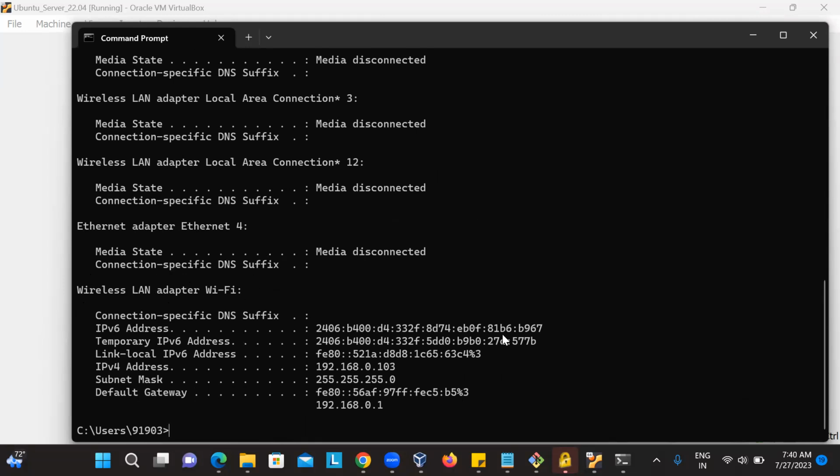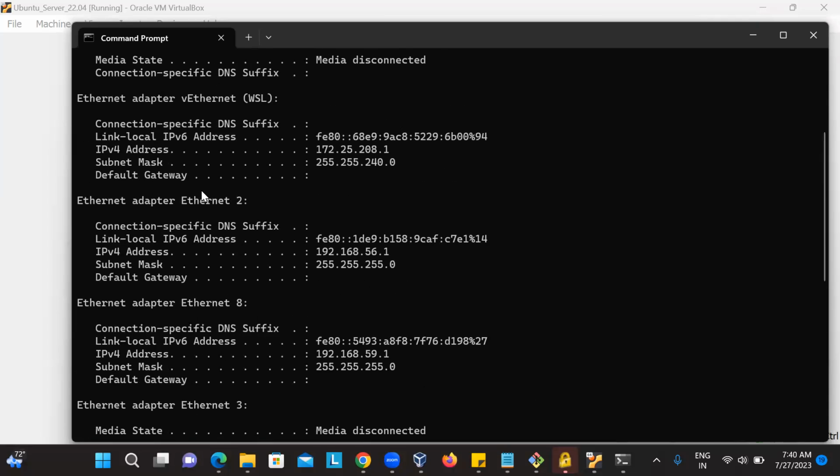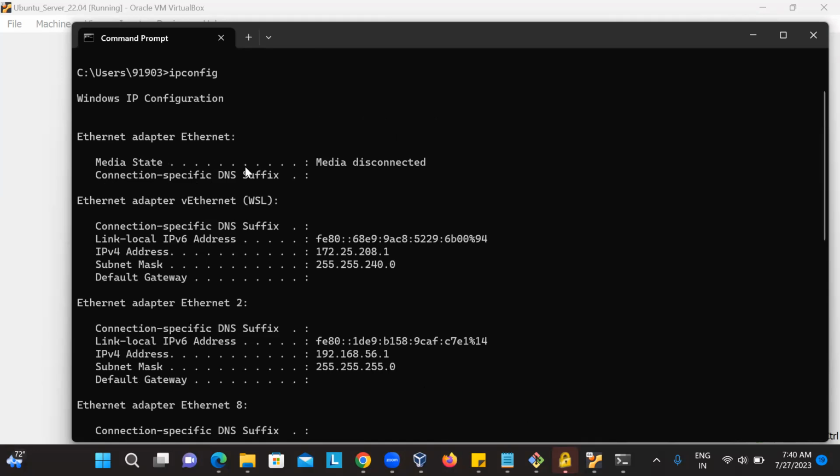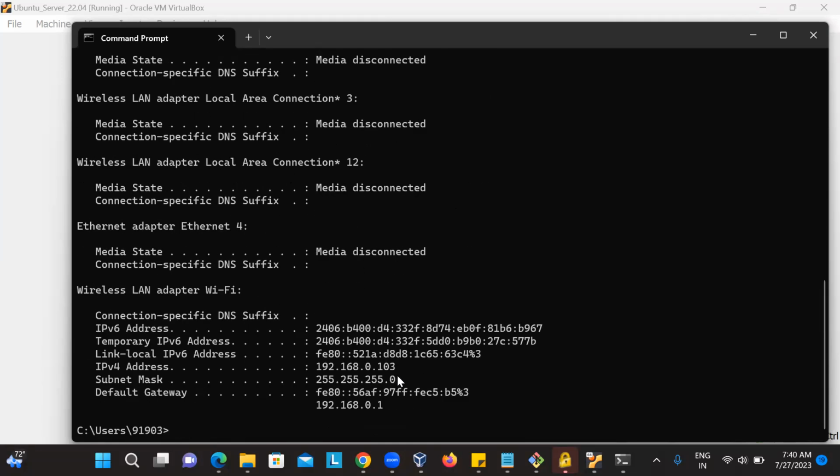Otherwise, if my laptop is connected to the internet via the LAN port, I would have seen it in some other place. For example, it could be something else, Ethernet here. Since now I connected to my internet via this Wi-Fi card, this is the network interface which I'm going to look at, and my IP address is